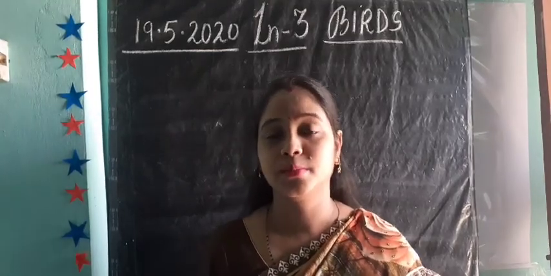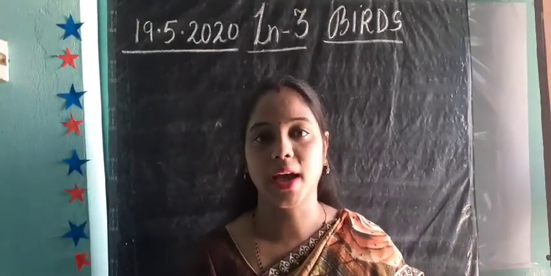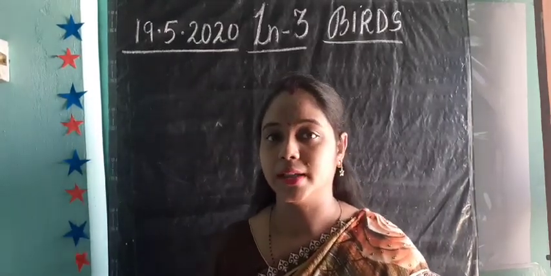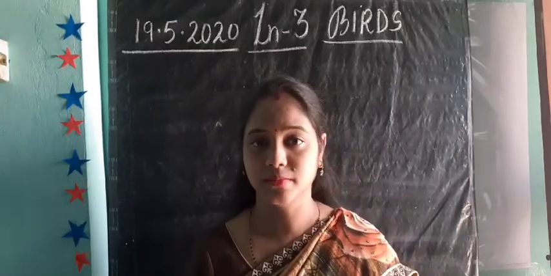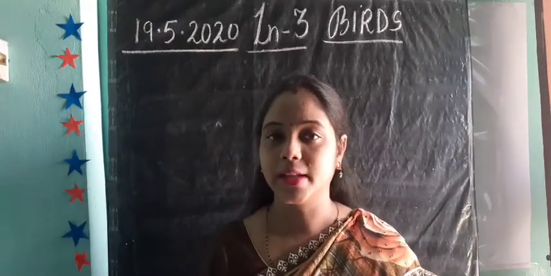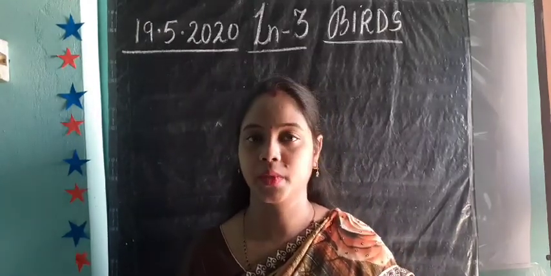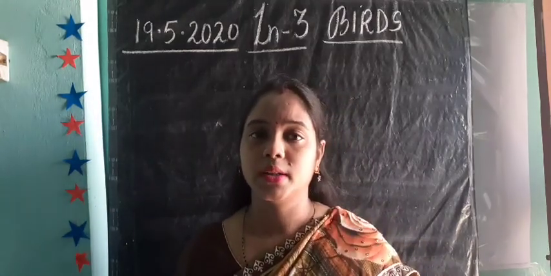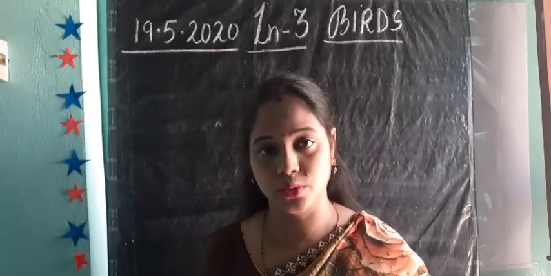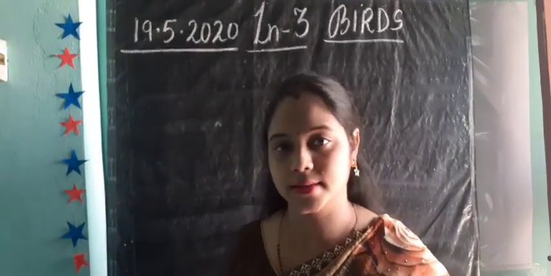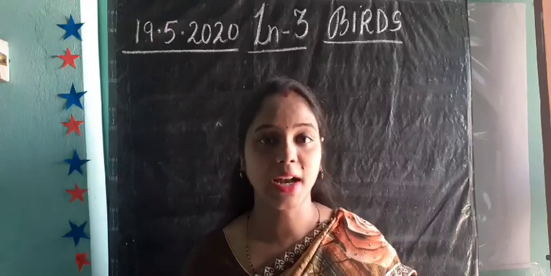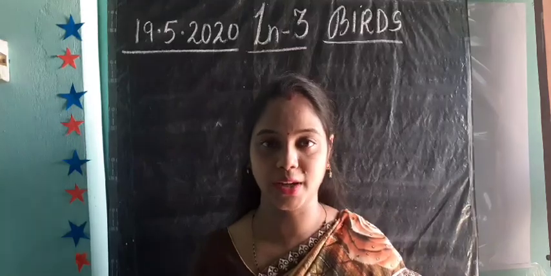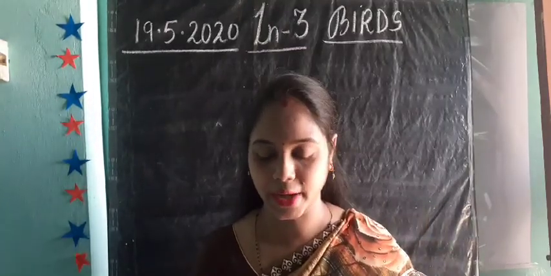Students, we have completed lesson number 1 and lesson number 2 also. In the question answers of lesson number 2, short answers are there, and answer in detail is there. In that, 4 questions were there, but out of 4 I have given you only 2. The third and fourth one are cancelled, because you are in third class, so according to your class only we'll give you the question answers. Don't worry, we will not give you so much.